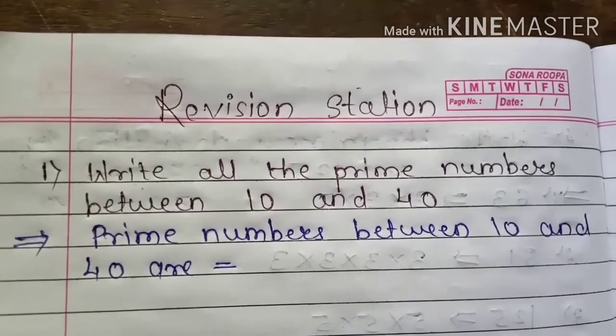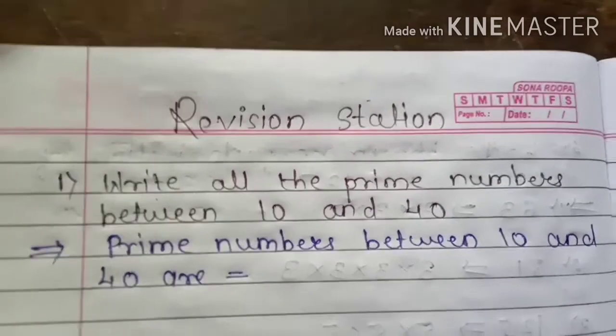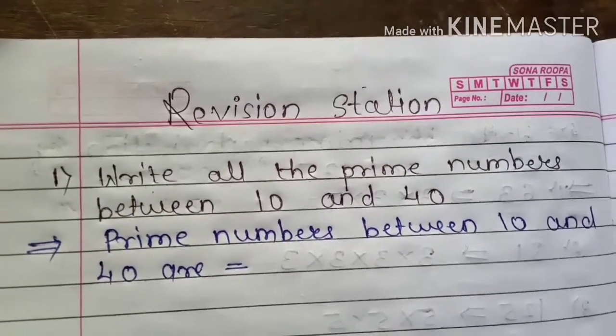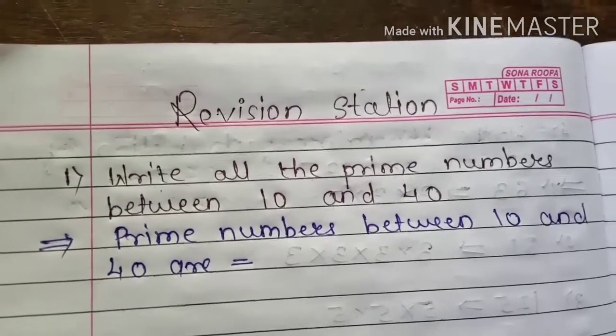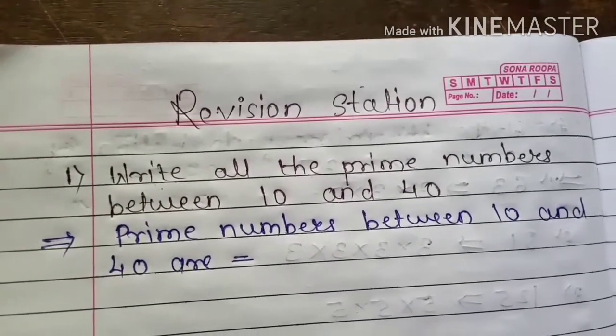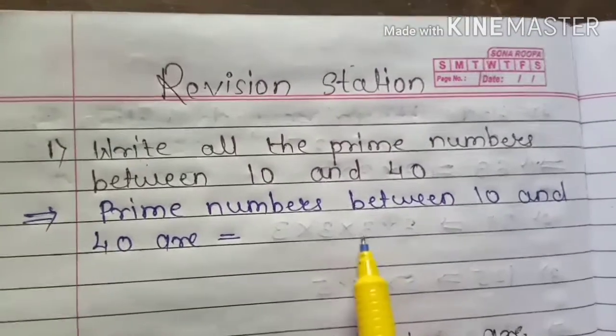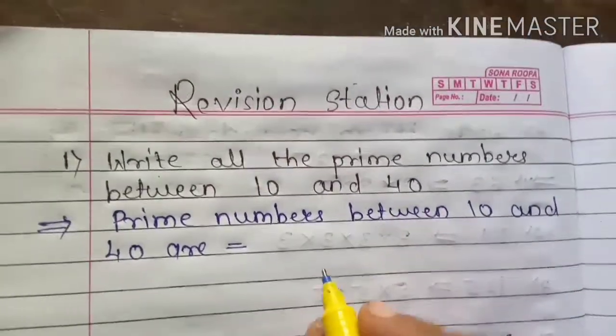40. So see here children, prime numbers means what? The numbers which are having only two factors, that is the number 1 and the given number itself. It is called as a prime number. So prime numbers between 10 and 40 are